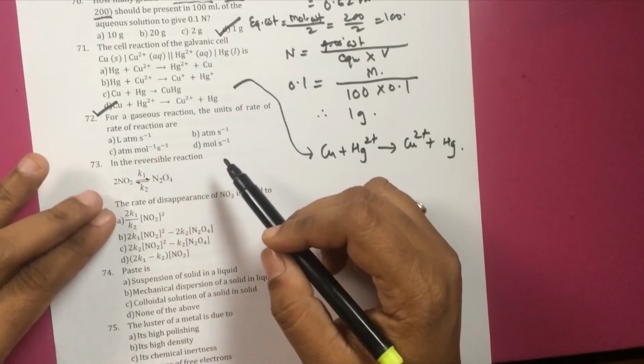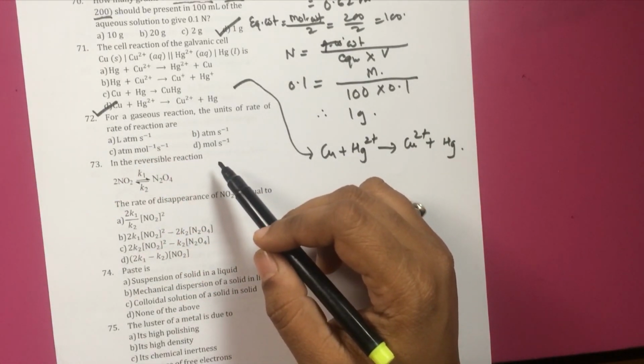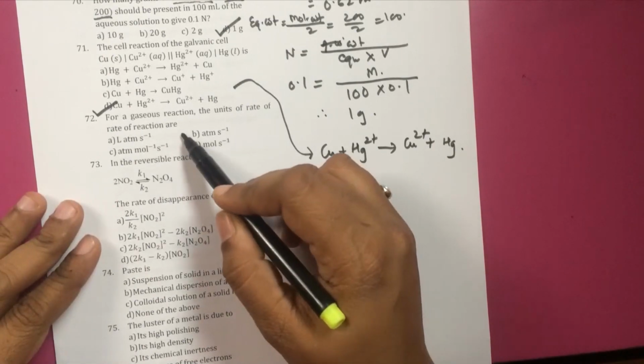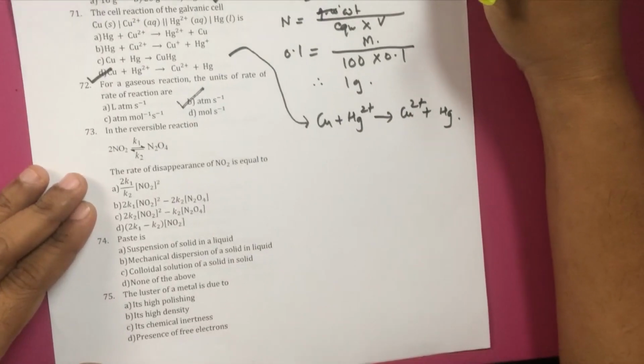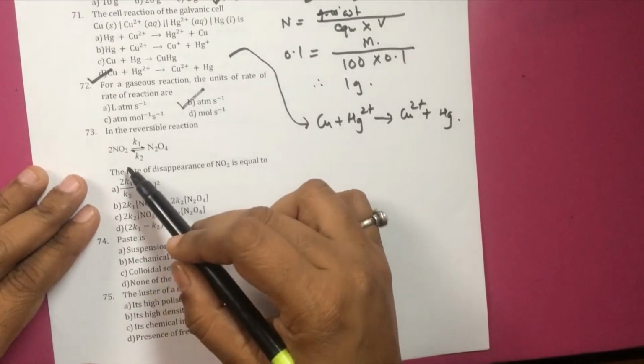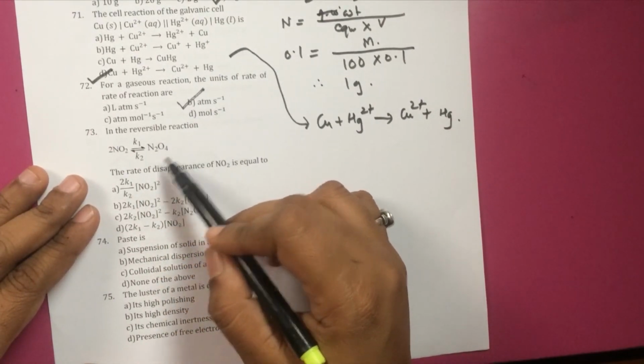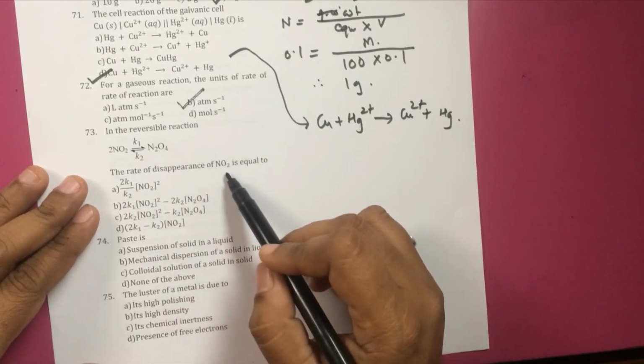For the gaseous reaction, the units of the rate of the reaction. For the gaseous reaction, we generally write it as atmosphere per second. Therefore, option B. In the reversible reaction, 2NO2 ⇌ N2O4 with rate constants K1 and K2, the rate of disappearance of the